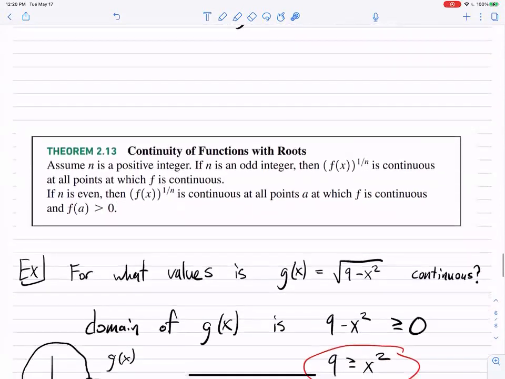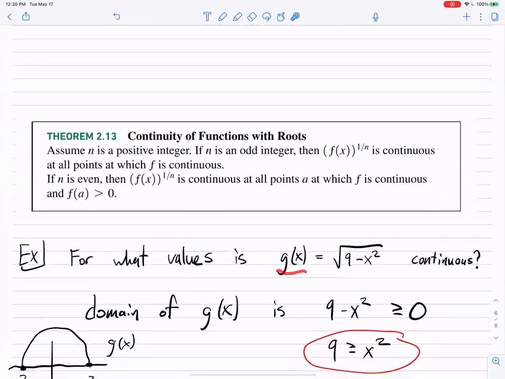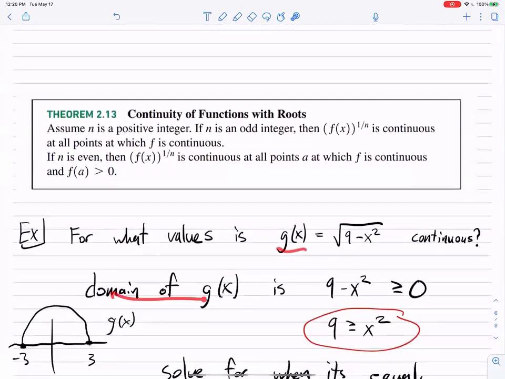And so, for instance, this function right here, square root of 9 minus x squared. When is that function continuous? The way we can do that is by finding the domain of this function. The domain of g of x is when the inside function is greater than or equal to 0. So 9 minus x squared is greater than or equal to 0, which implies that 9 is greater than or equal to x